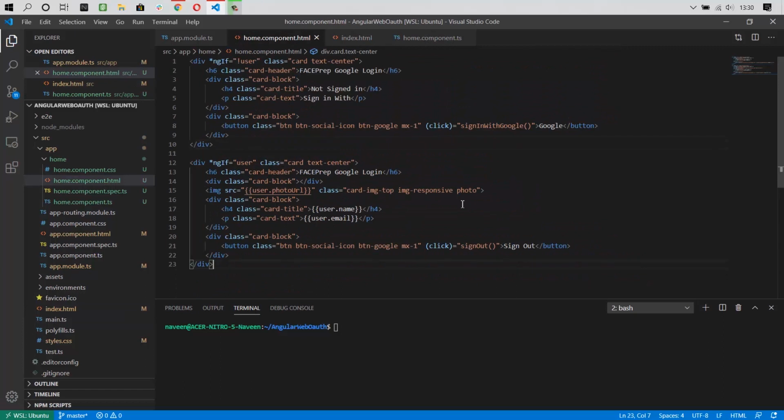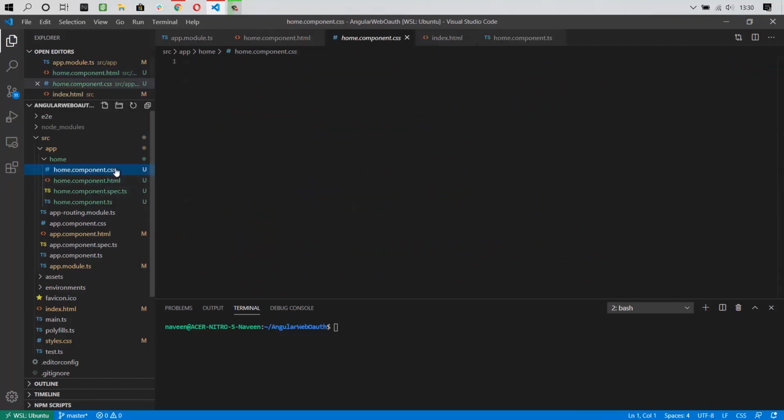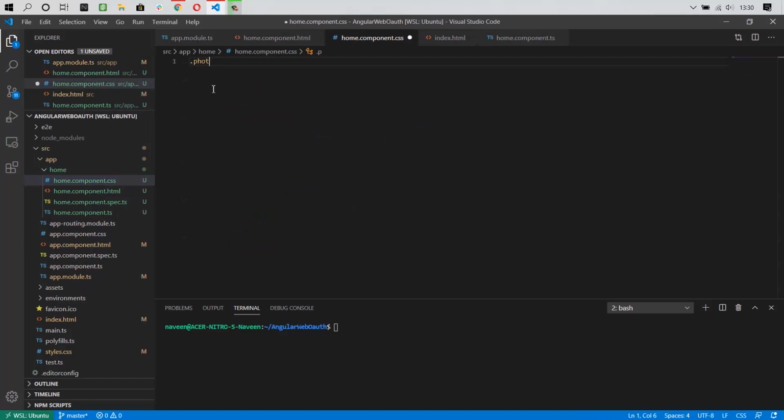Right? Now I'm going to add one more style. So here I'm giving photo, right? And what is the size of my card? So for that I'm giving one more style in home.component.css. Here I'm defining that class.